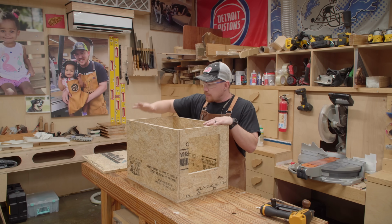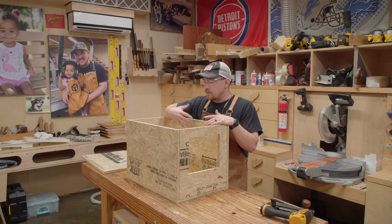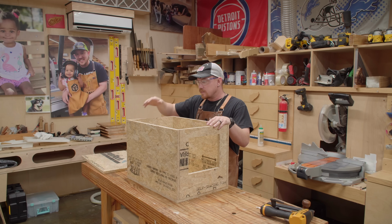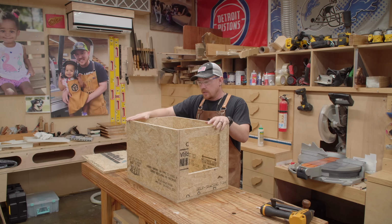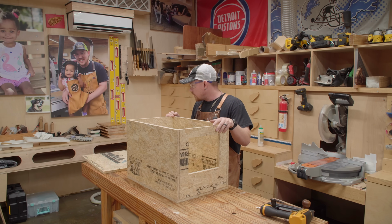Now, the reason I'm using the bottom panel as a removable panel and not the top is because when I designed this, there was a little idea of a decorative railing to go around the top, because that way we can put, you know, the cat food on top and make it look a little bit better than just a box. But if I do that railing idea, then that railing will prevent the top panel from being removed. So just make the top panel stationary and the bottom panel can be removed. That's totally fine. So now I think I'm ready for